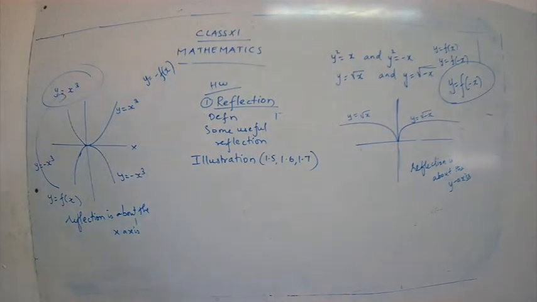The graph of y is equal to f inverse x is the reflection of the graph of f in y is equal to x. You may take the example of the previous functions, that is sum number 20. Yes children, in sum number 20 we had a symmetrical line y is equal to x, and we have seen that f of x and f inverse x were reflections of each other. So you can take sum number 20 of this type.